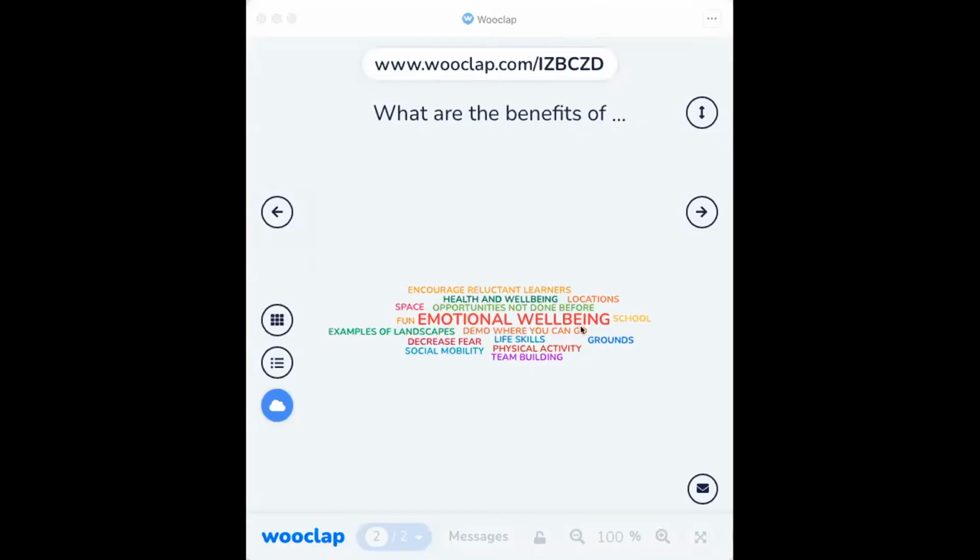So let's have a quick look at some of the ones that you've entered for what are the benefits of educational visits. We've got emotional well-being. Yes, so obviously going outside the school grounds is going to provide that, but on a larger scale. You're encouraging reluctant learners who maybe are struggling inside. You've got more space. You can undertake opportunities they've not had access to before, especially if in your school it's a deprived area, or there's a cultural reason why they may not be taken out by their parents on a